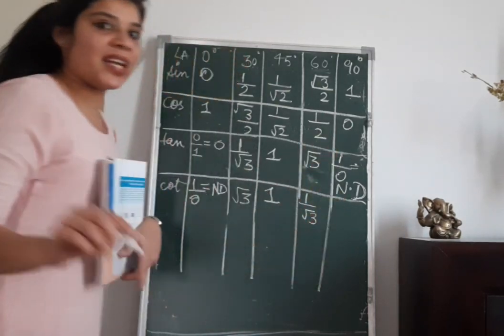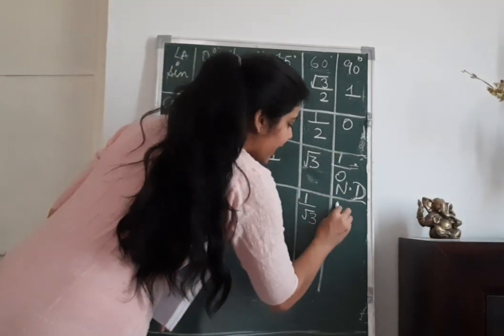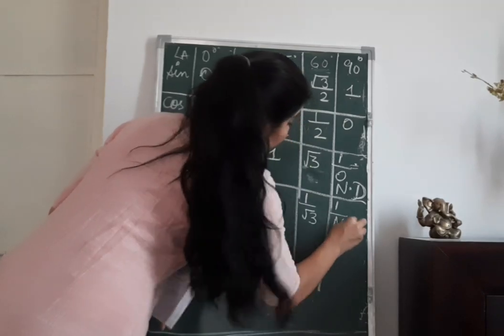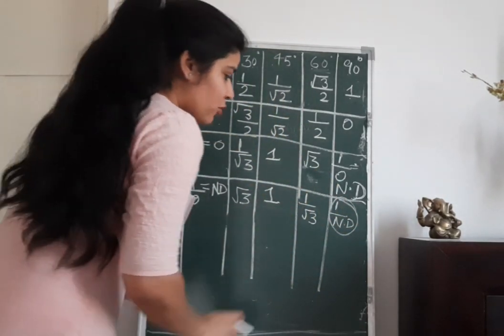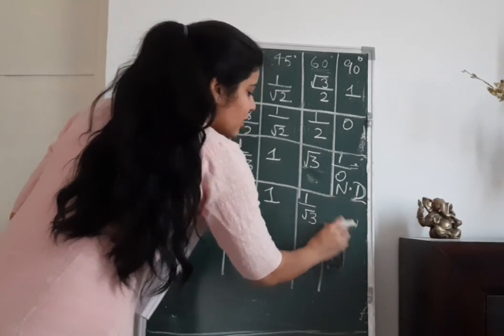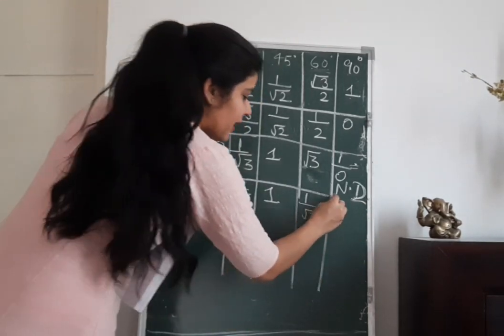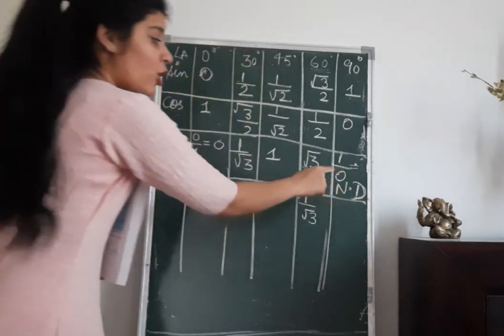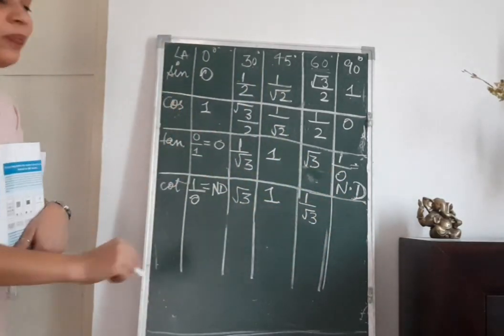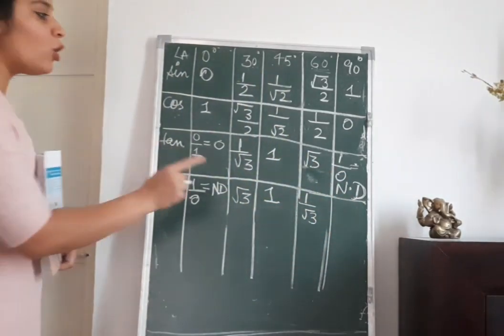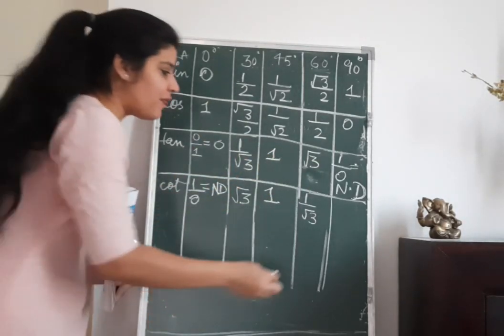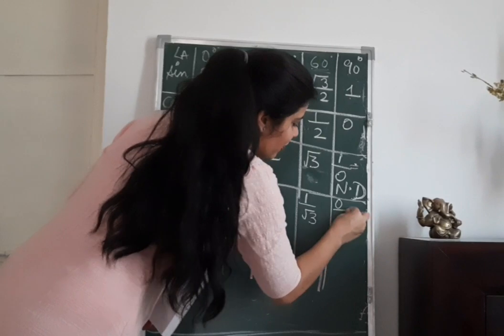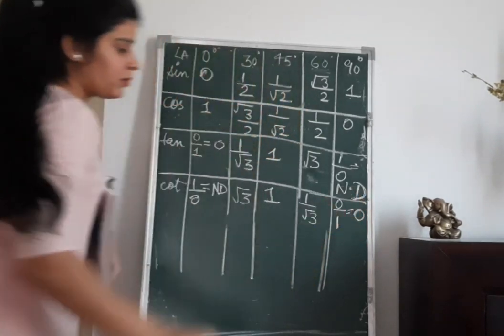And cot of 90 degree. Interestingly, you can again write here 1 upon not defined. But if you write that here, you are going to make an error. You have to remember why this is not defined: because we have denominator as 0. But if the 0 goes in the numerator and 1 comes in the denominator, then clearly it is defined. So this will become 0 upon 1, which is equal to 0.